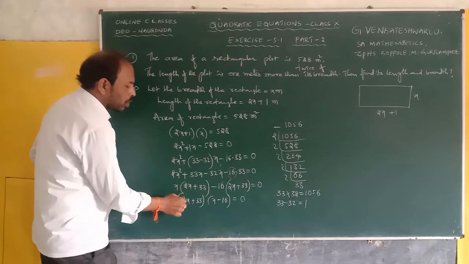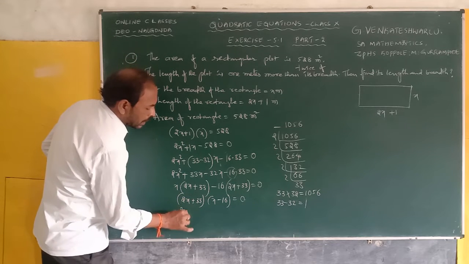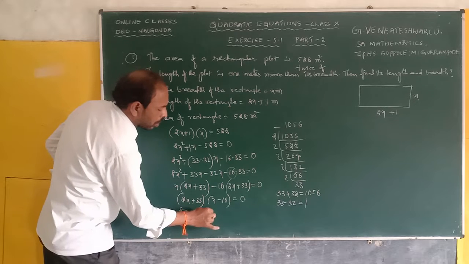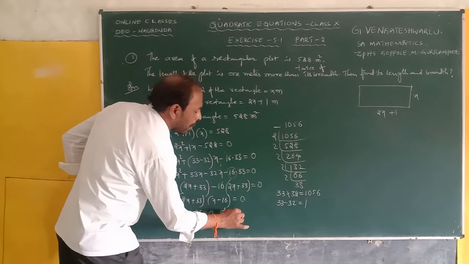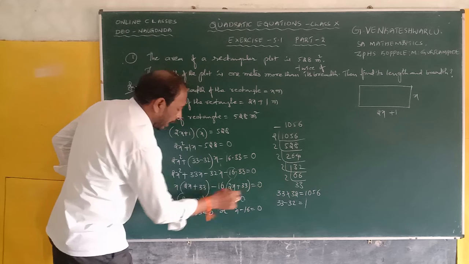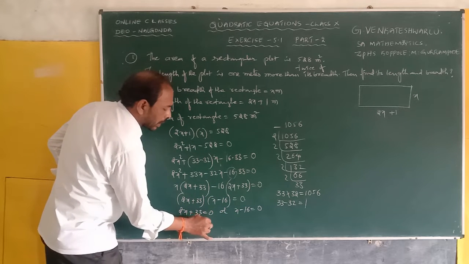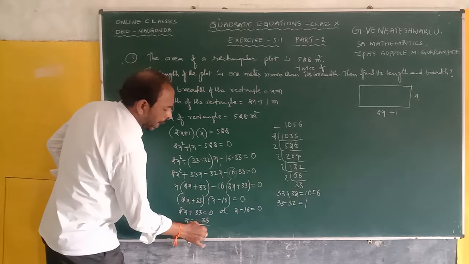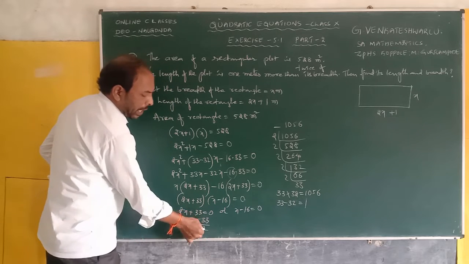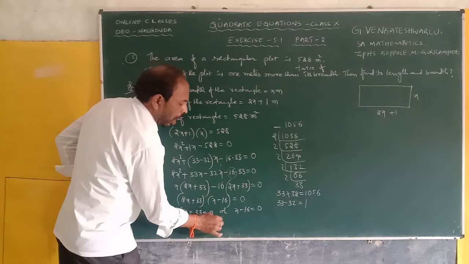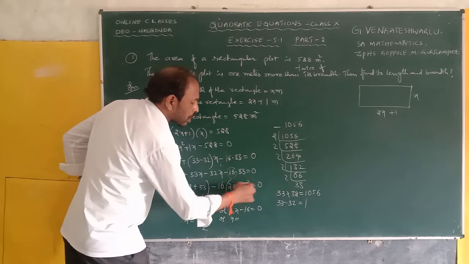That's why here 2x plus 33 is equal to 0 or x minus 16 is equal to 0. Here x is equal to transposition of plus 33 is minus 33, and reciprocal of 2 is by 2. So x is equal to minus 33 by 2, or x is equal to the transposition of minus 16, which is